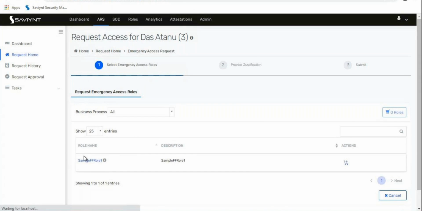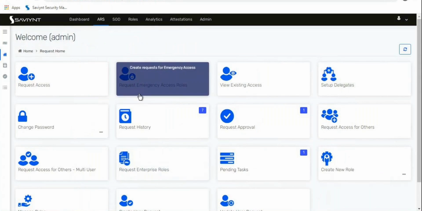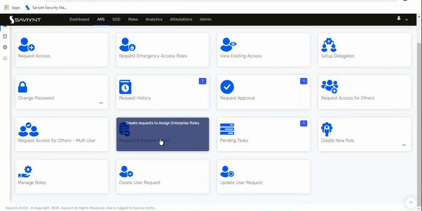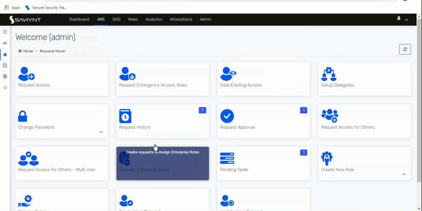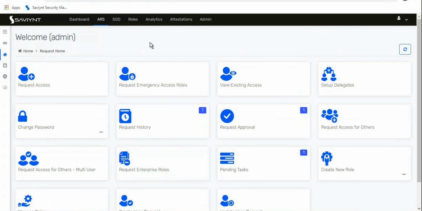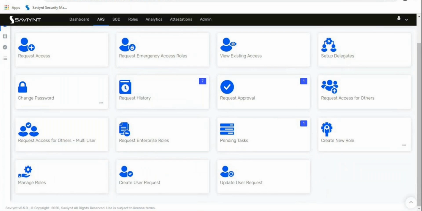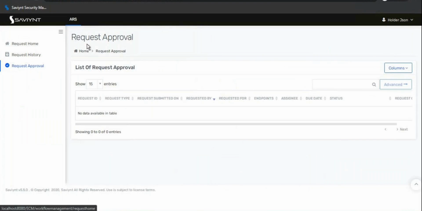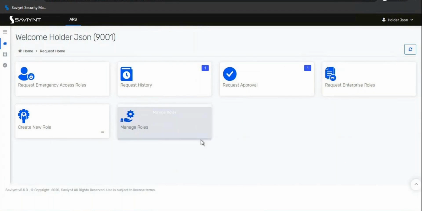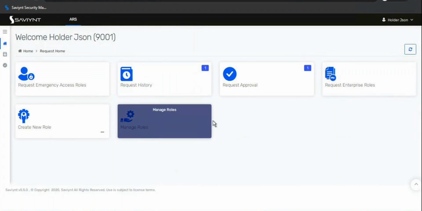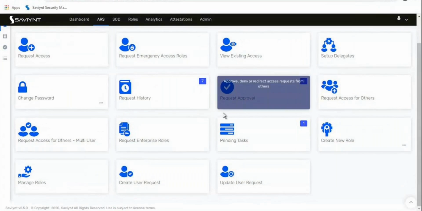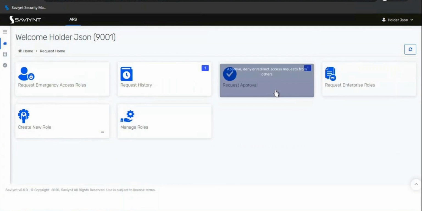So there are two different tiles. For requesting the firefighter access, you request it from the Request Emergency Access tile. For requesting enterprise roles, you do it from the Request Enterprise Role tile. So I think that's all. We can check Manage Enterprise Roles a bit later. That's not very important right now. Manage and creation, that's not very important. But on a high level, these are the places where you request